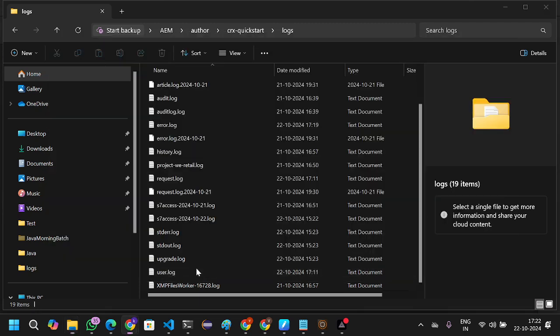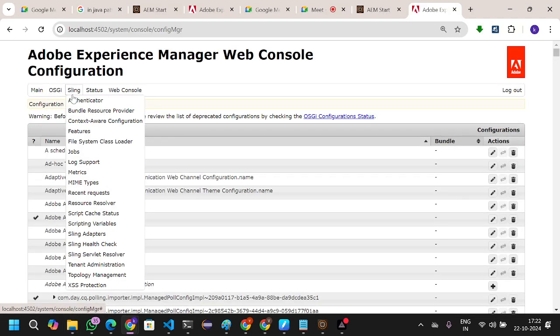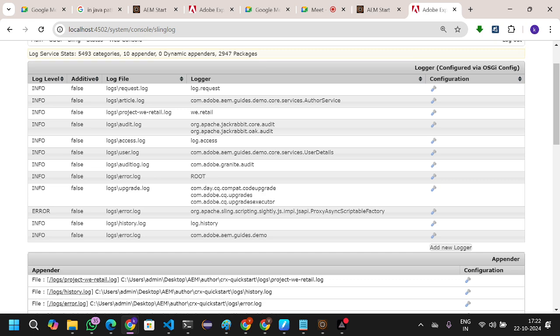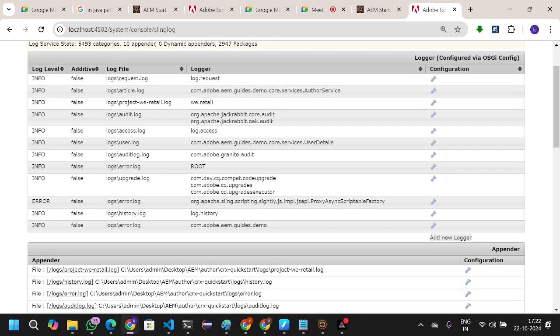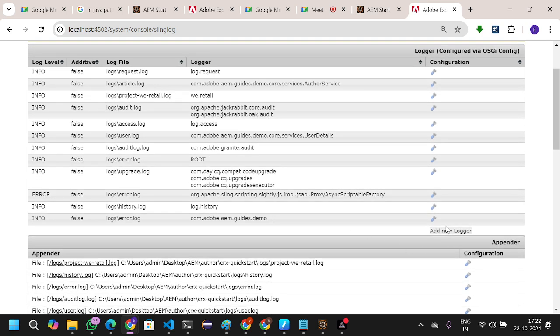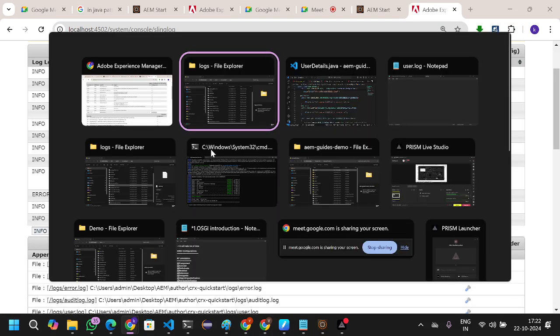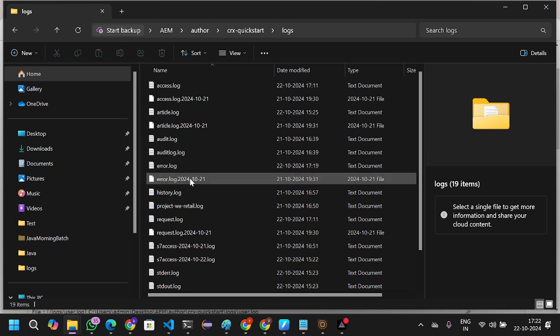The other log name is sling and then log support. The other log name is user details. So the log is not created. Okay, if it is not, you can cross check in the default